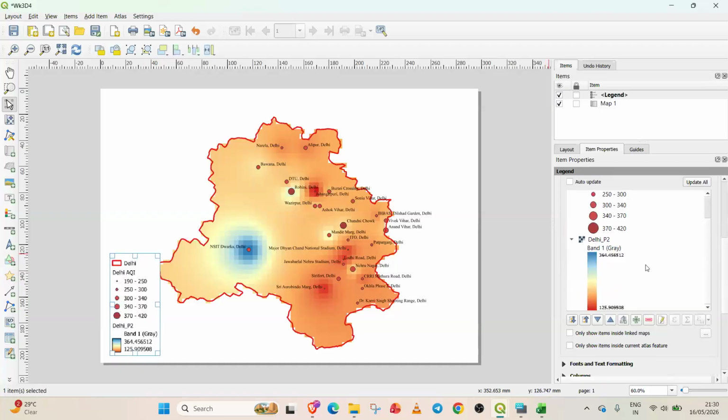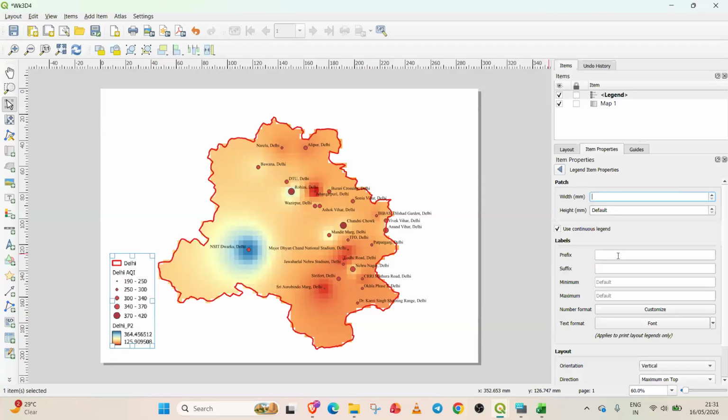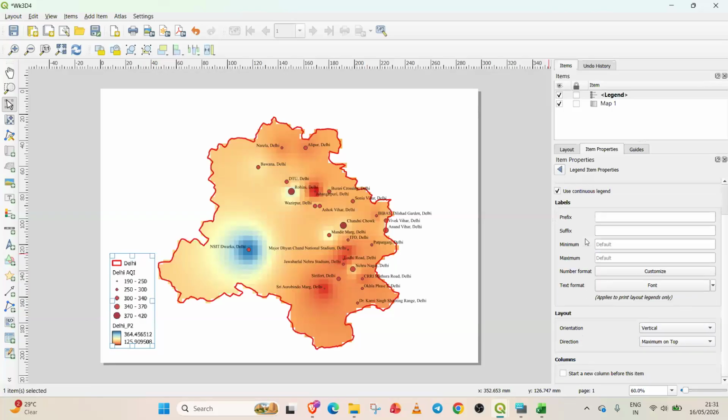Okay, then again, also this band one gray we do not need. There is no point in having band one gray, so you can delete that. So we have this PM 2.5 and we have this bar. And what is this bar? This is basically the points. So what you can do,